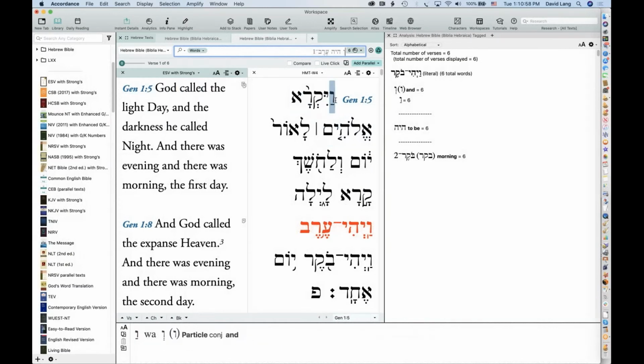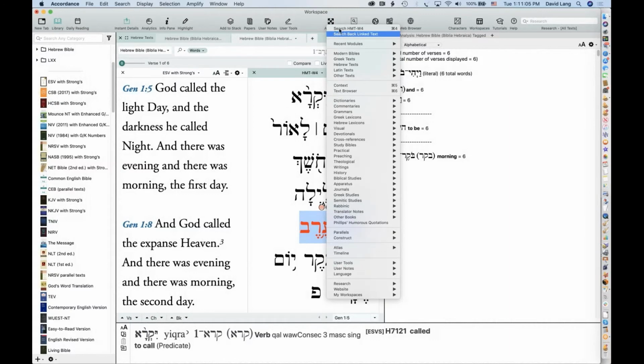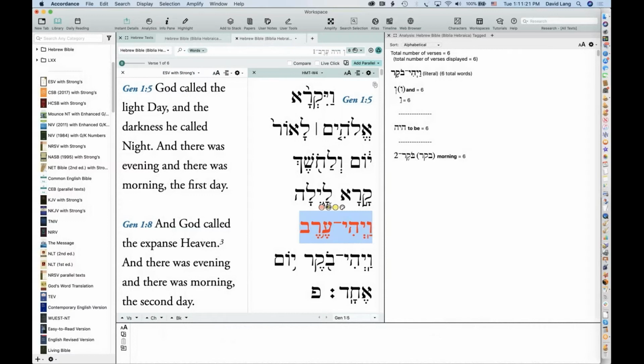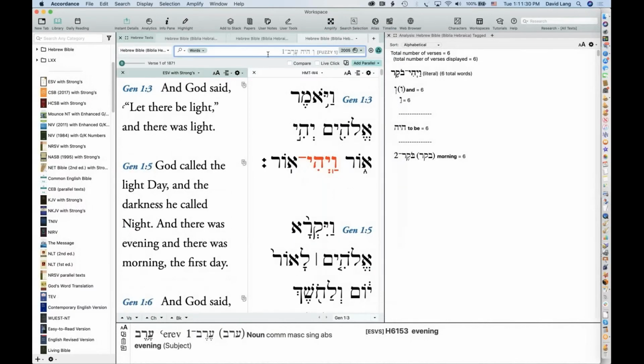You can even do things like, if I want to do an inflected search, I think if I hold down the Option key and go to Amplify, notice now it separated out the inflected forms and put it in quotations. So now I've done an inflected search. You can also do, I think you can do a root search that way. If I hold down the Shift key, is it? No, that's a fuzzy search.